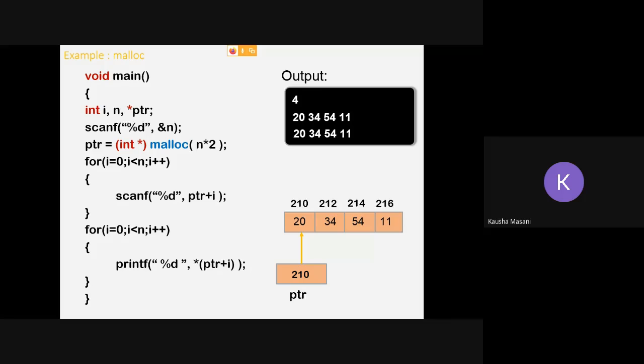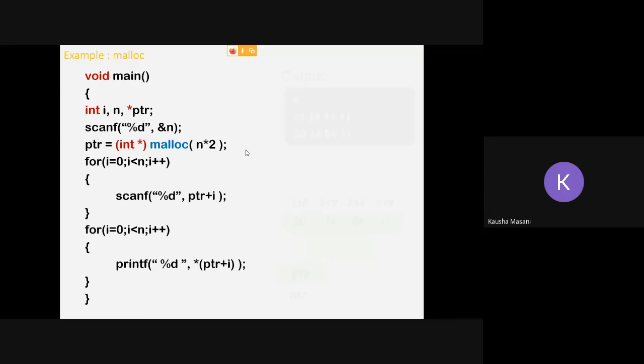Now if you go for n star 2 or n star 4, then it is either going to work with modern compilers or with older compilers. That limitation we don't want, because you don't know where this program is going to get used, which compiler is going to execute this particular program. So in that case, you have to change this n star 2 a little bit. How are you going to do it? Just see.